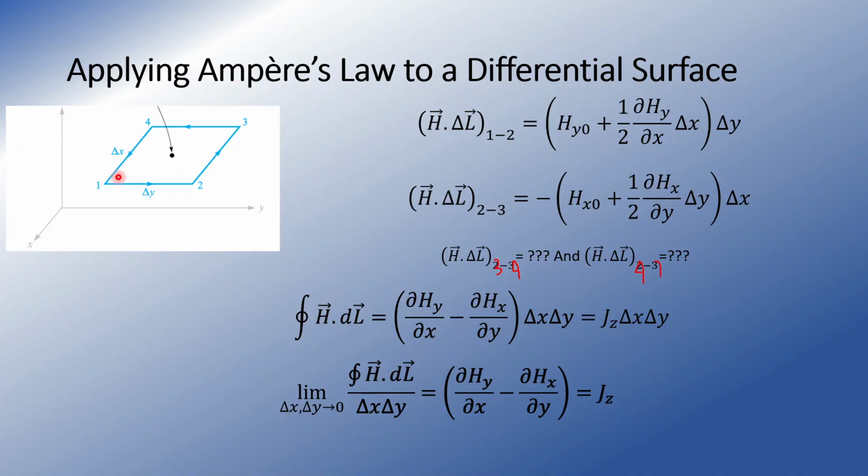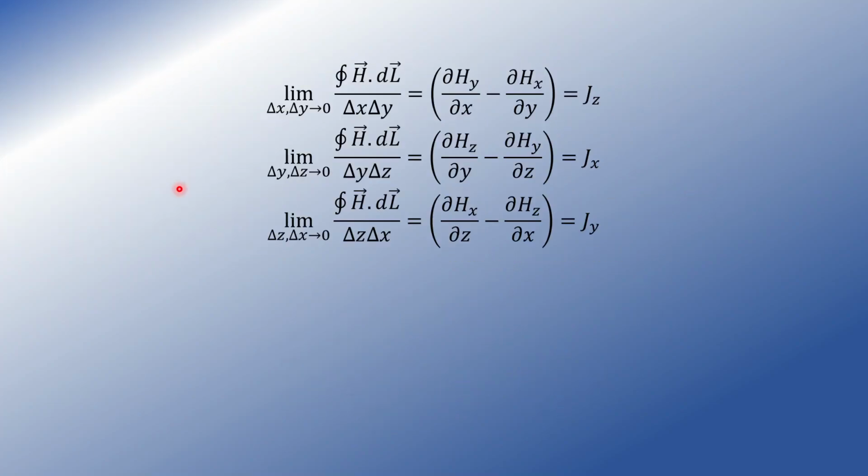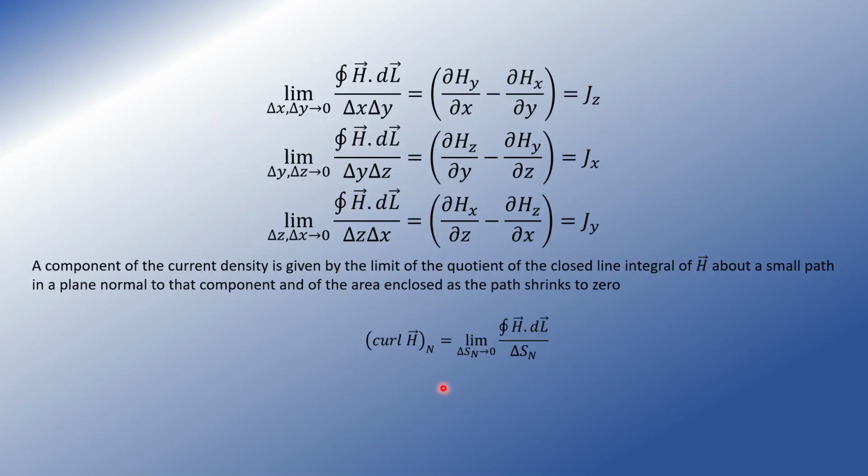So now in our given figure we see that the current is in the z direction for the xy area. So the curl, we define it in the direction normal to the given area. So in the rectangular coordinate system, the curl of H is given by